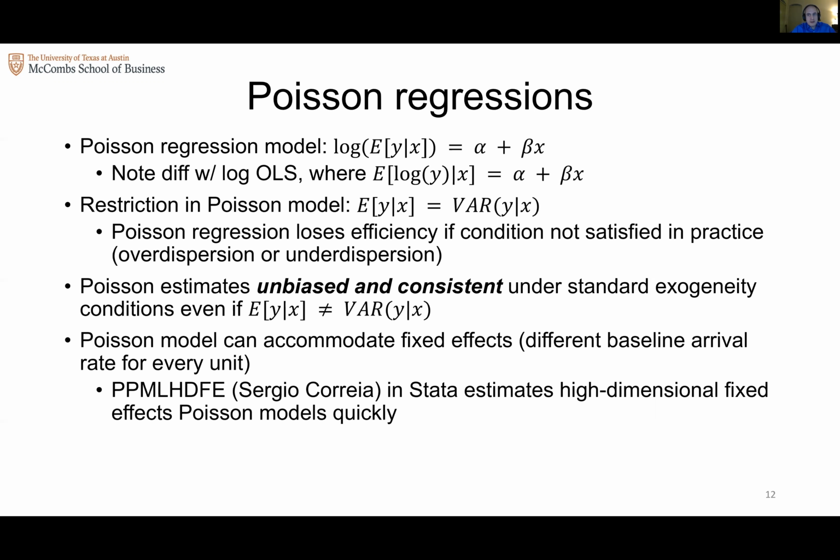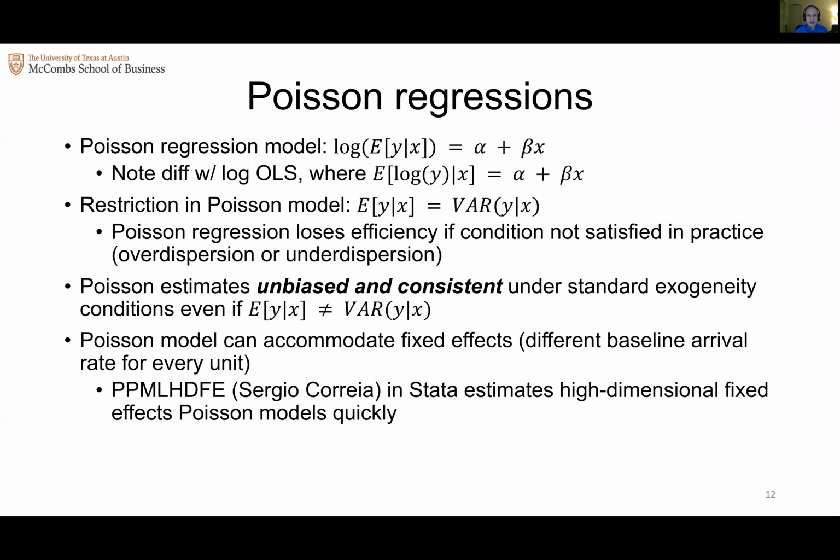Okay, and this used to be something you could do, but in practice you would run into some computational issues. And Malcolm and I certainly ran into this. On the first workplace injury paper that we wrote, we were trying to estimate Poisson regressions with a whole bunch of fixed effects. And you run your command in Stata, and then you sit and you wait for 15 or 20 minutes while